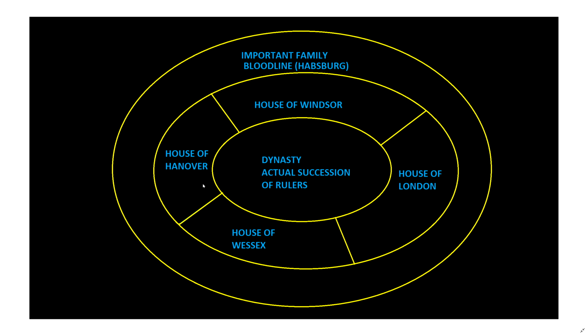These are not houses from the House of Habsburg, of course, but they're examples of real-life important houses. So a house in the real world is a very important family. Not necessarily a ruling family, but the House of Windsor, the House of London, the House of Wessex, the House of Hanover. These are examples just of what you could call them. And of course, they came to power, and then, as defined in the Cambridge Dictionary, you would have a dynasty.